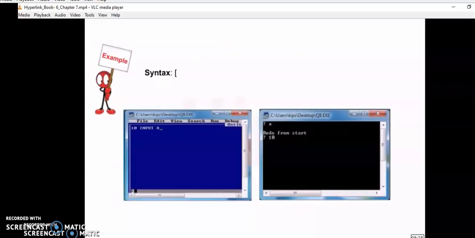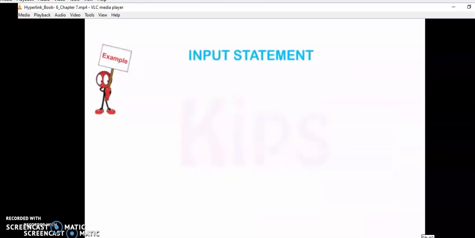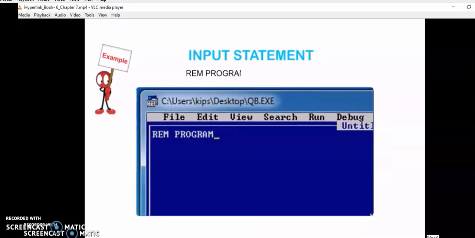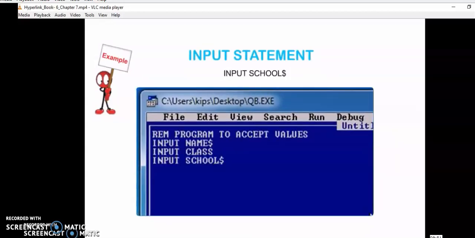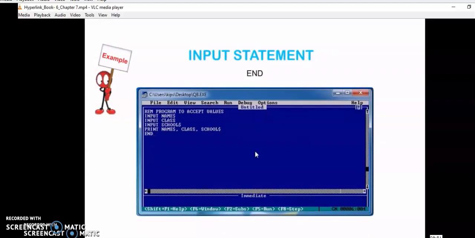Next is input statements. Fine. So with the input statement, if you want to read a value into the computer, if you want the user to input a value while I'm running the program, I can use input. Line number, input variable a comma b comma, so like that I can give. Just have a see. As I told you, to give an input, this is name, class, school, and print.